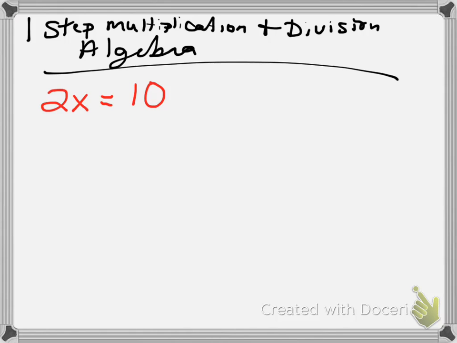Whenever you have a number touching your letter, that's a sign that it's multiplication. So the opposite of multiplication would be division. So in order to move the 2 away, we're going to have to divide this side by 2, and then we're going to go to the other side and divide it by 2. Since 2 divided by 2 is 1, we can cancel out our 2's and just leave our x,